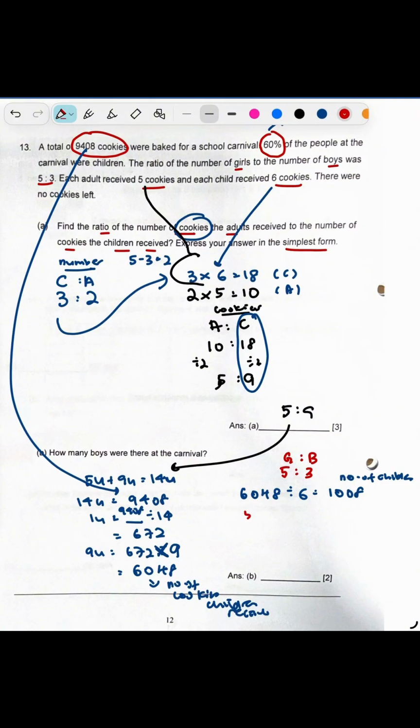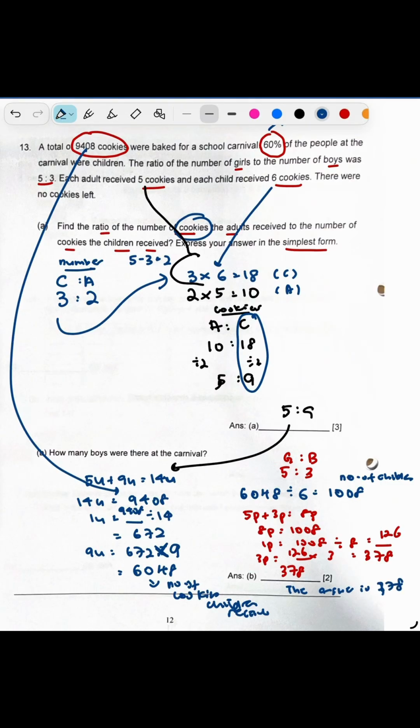So right now, if 5 parts plus 3 parts is 8 parts, 8 parts correspond to 1,008. My target is to find 3 parts because this represents the number of boys. So I am going to find out what is 1,008 divided by 8. 1,008 divided by 8 is 126. And 126 times 3, you will get the answer 378. So the answer is 378